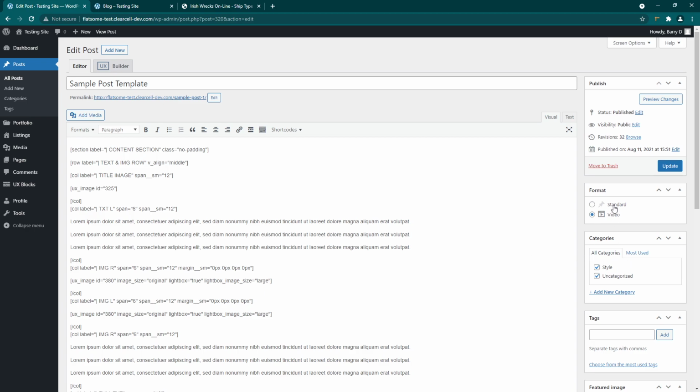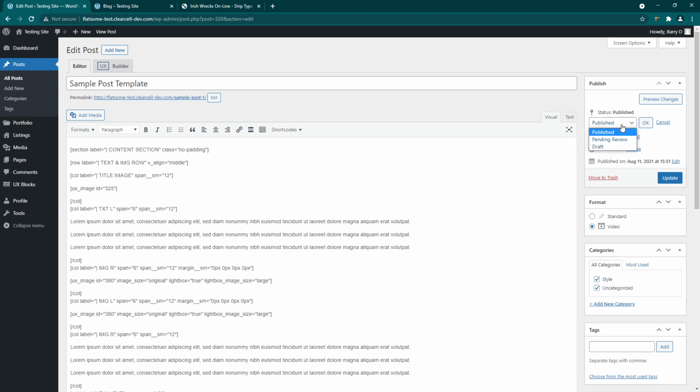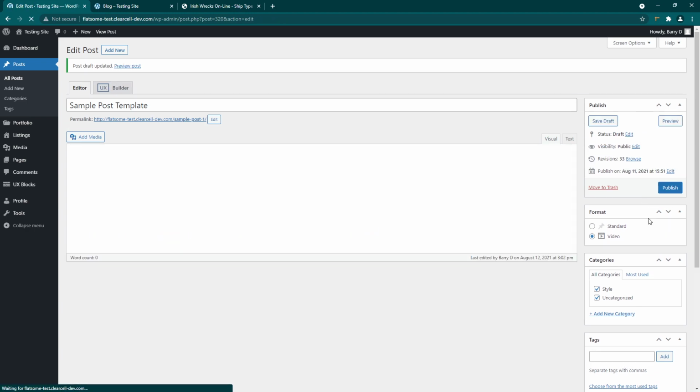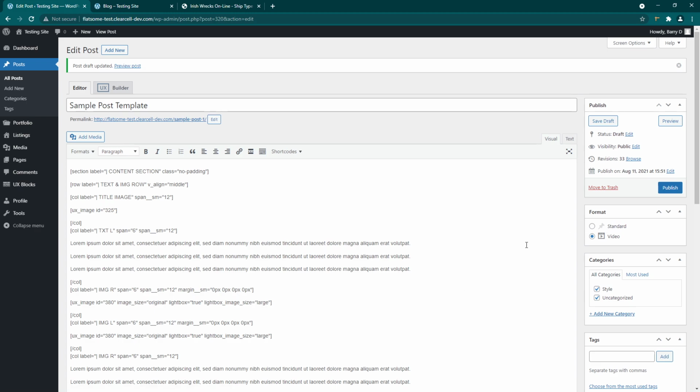Once those two options are done, you'll get a save option here. We can just save them as that. We'll just do it now because this is published, so we'll just go to draft and update it. If we started this fresh, which we will be doing in a minute, you would just save as a draft at this point and go into the UX builder. Once you click on this tab,